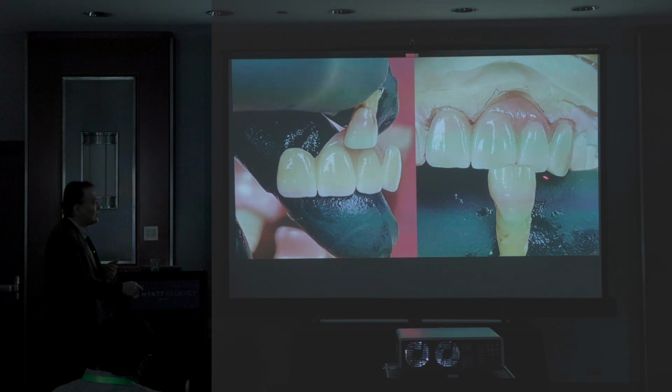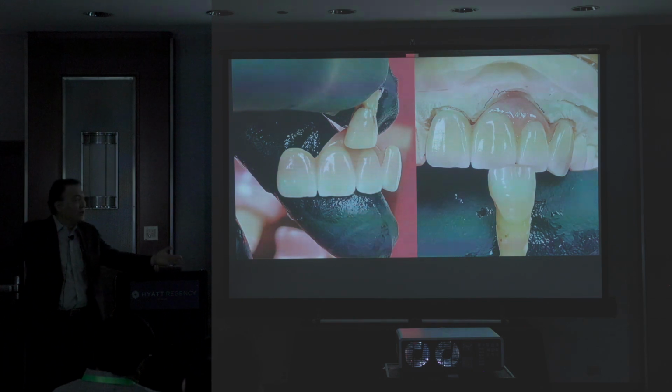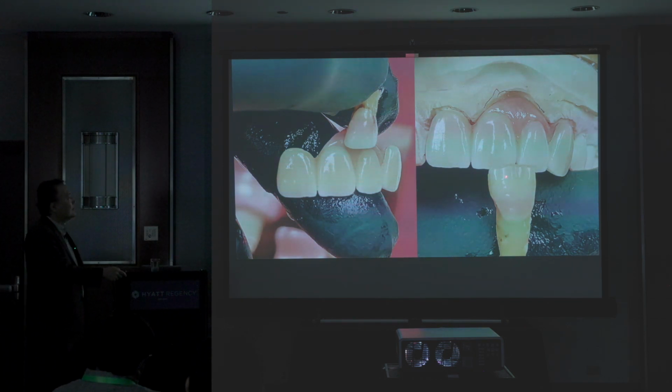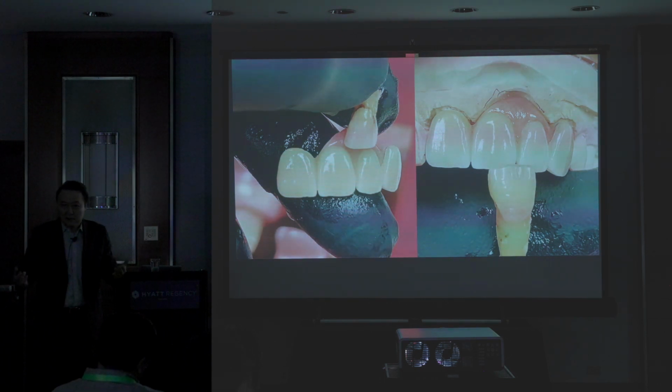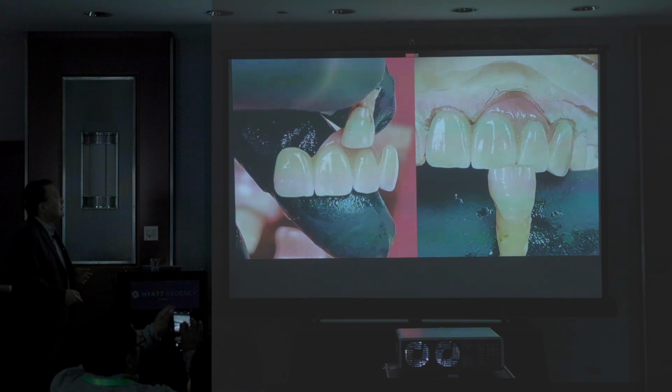This is natural teeth. What did I say? Our goal is trying to match the natural teeth. So I need the natural teeth here. Okay, of course I have to hydrate it. Then I can see a lot of color here. Then I can mimic it. The only thing is here, the gum line. Sometimes it shrinks a little, sometimes, I don't know. I cannot figure that one out. Usually 3 months is better. Anyway, that's the